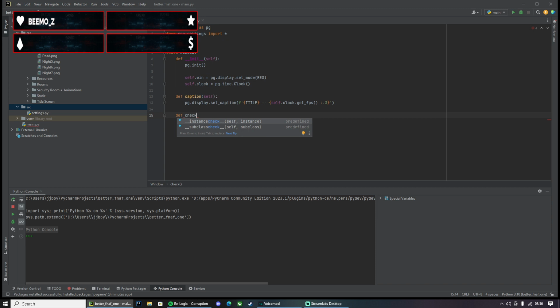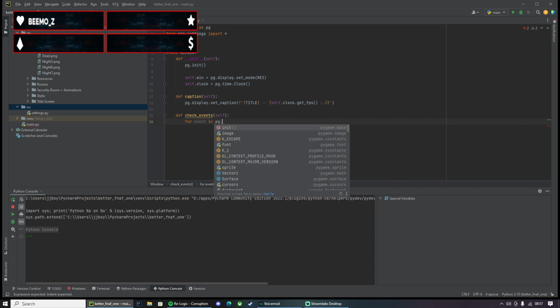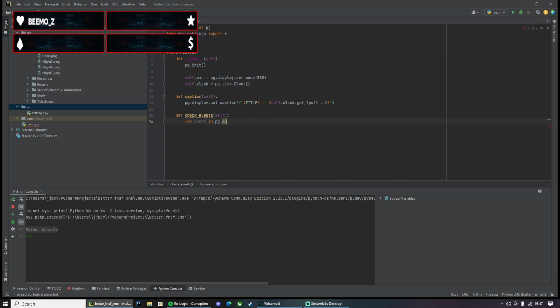And then we'll do the check events. This isn't a built-in function, it's just a normal custom one. You could call it whatever you want. And this will loop through the events, pg.event.get, and then we'll check if you press the close button.